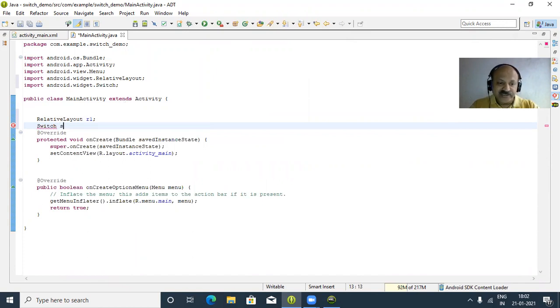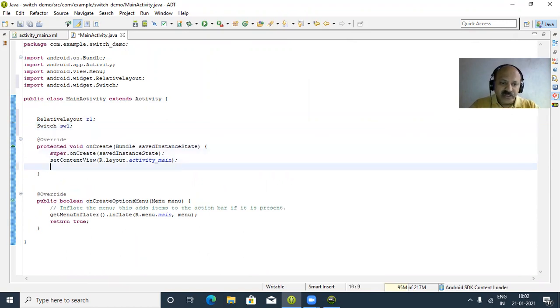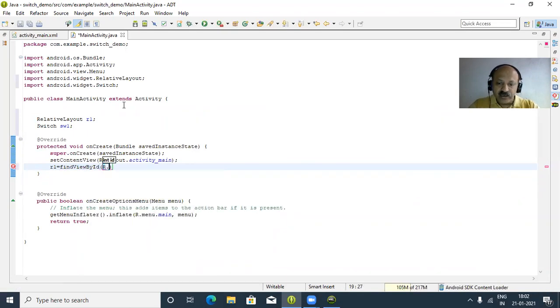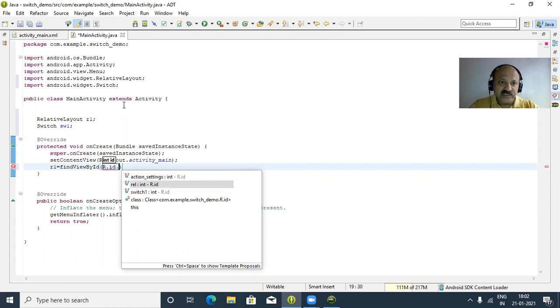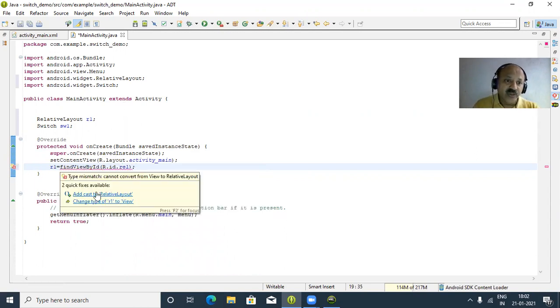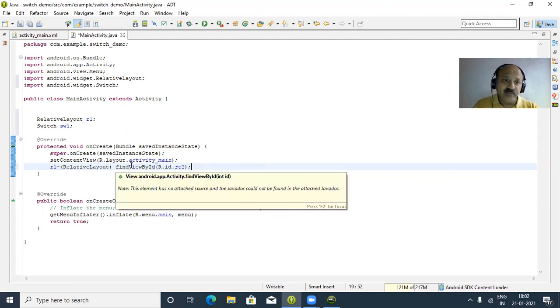So Switch sw1. Now first r1, findViewById. That is a method of the Activity class, and R.id.rel, that is our relative layout, and type casting must be done, because findViewById returns the View class, the parent class.